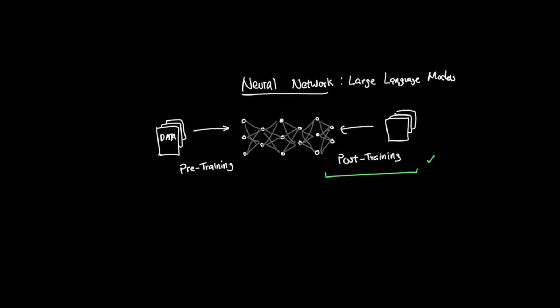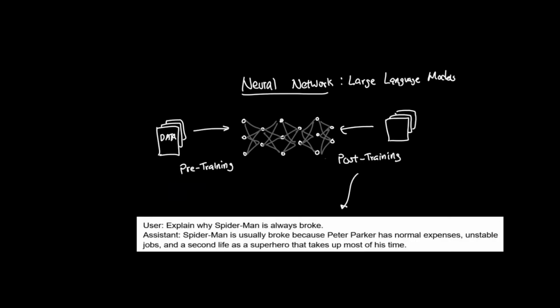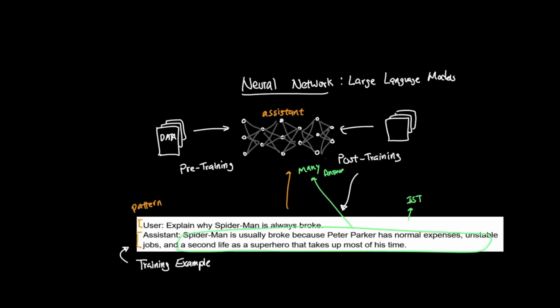This is where post-training comes in. One part of post-training is instruction fine-tuning. Fine-tuning means taking a pre-trained model and training it further on examples of what we actually want it to do. For an assistant, this means examples of user instructions and good responses. For example, if a user said this, by training on many examples like this, the model learns the pattern of being an assistant. So instruction fine-tuning helps turn a general language model into an instruction-following model. But there's still another problem. There can be many possible answers to the same question. One answer might be technically correct but confusing. Another might be clearer.